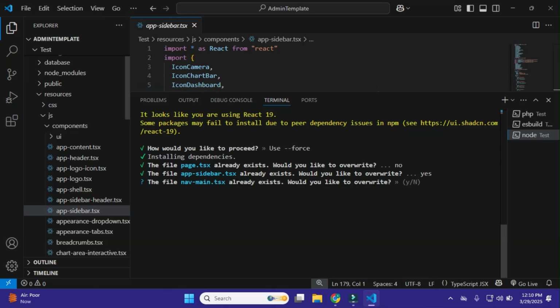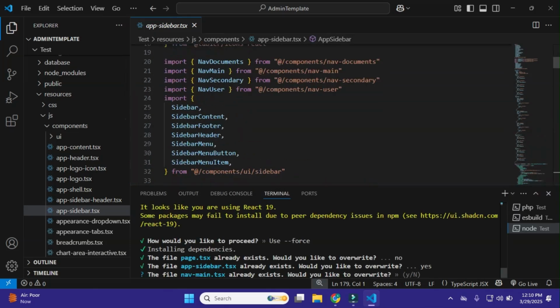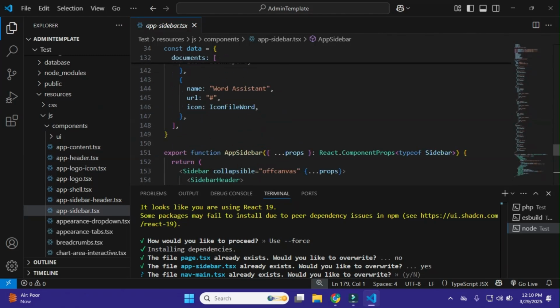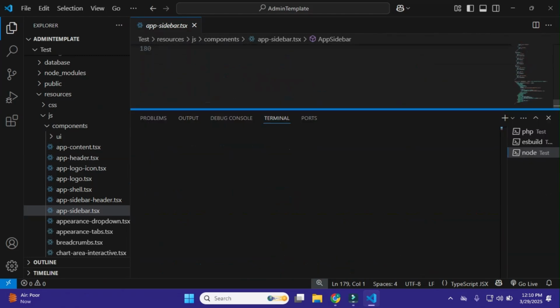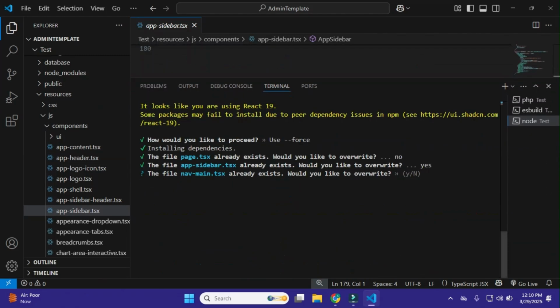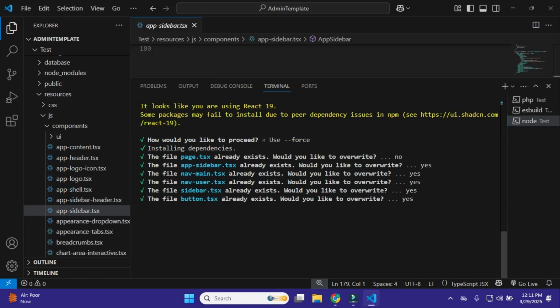And it automatically adds the code in it, that is the sidebar of our admin dashboard template. Then I also need to update all my files, that is nav-main, nav-user, sidebar, all the things. Just click y here, and it automatically gets it. Yes. Also I need to update all these.